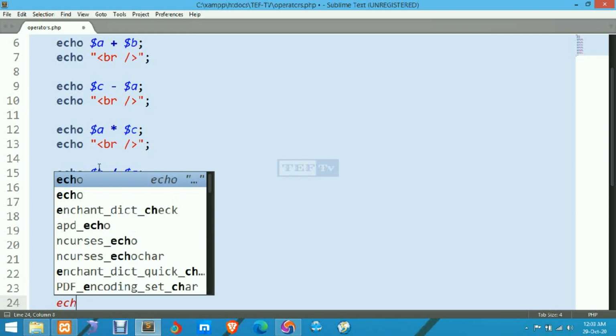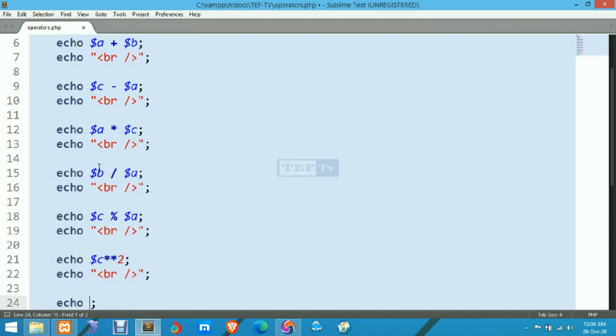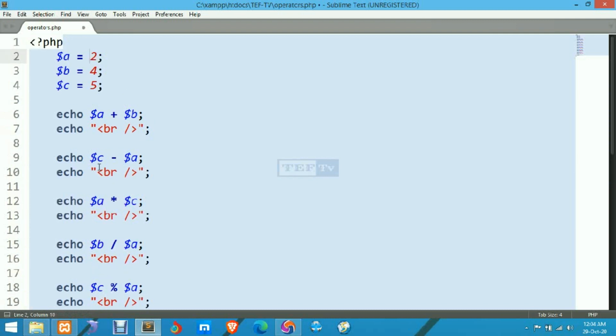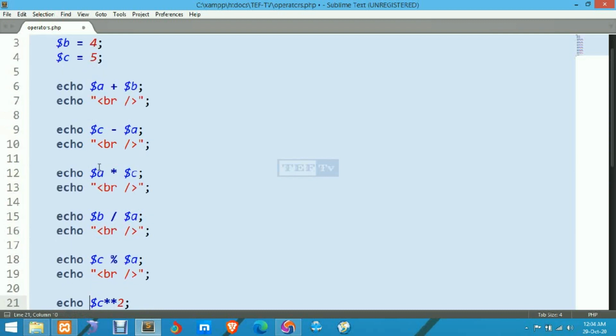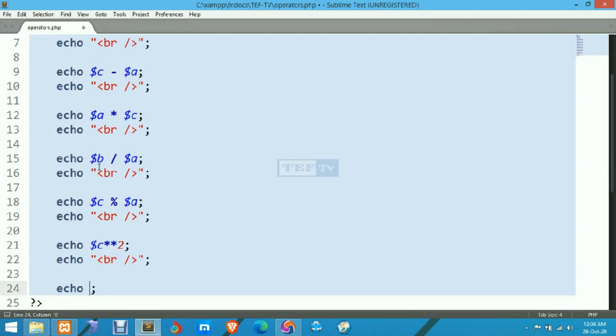As we know that our variable a holds value 2. Now in increment and decrement there are 2 kinds of increment and decrement. First is postfix and then prefix. We are going to use initially postfix increment, a plus plus. Enter, echo,